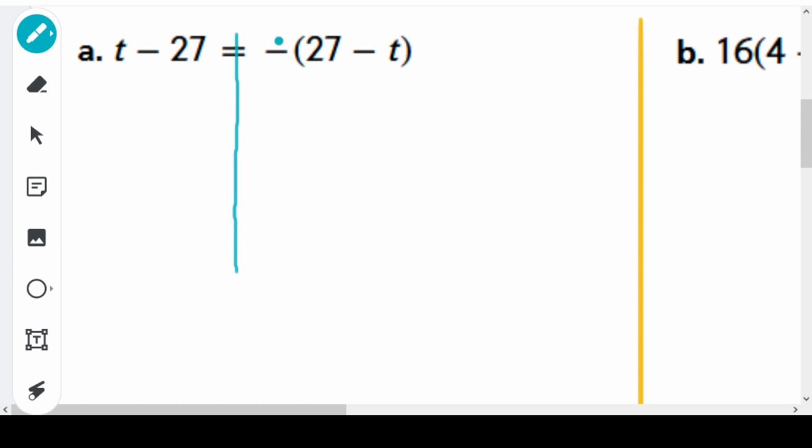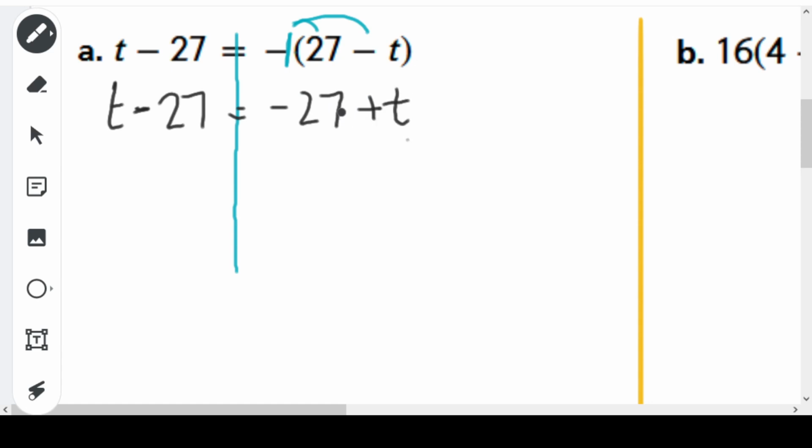Now, here I have a negative sign in front of the parentheses. That's like negative 1 times the parentheses, and I'm just going to distribute that. And so when I do that, my left side stays the same. But what that does is that changes the signs here inside the parentheses. For the sake of keeping things in order, I'm going to write it out like this. But it is worth noting, you could just flip that around. Like this is the same as saying